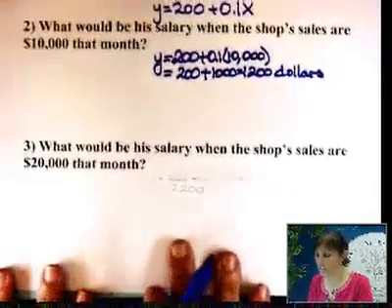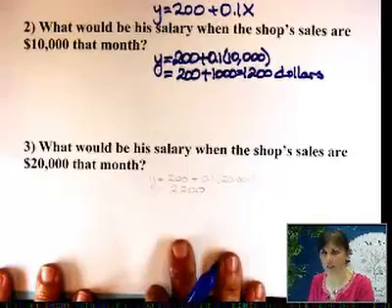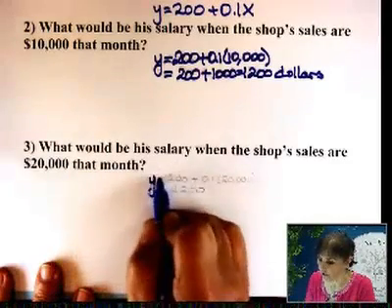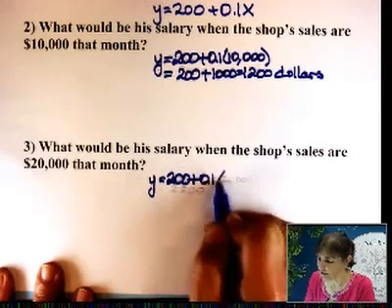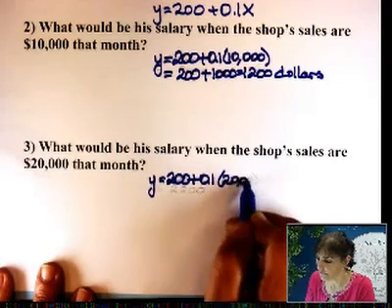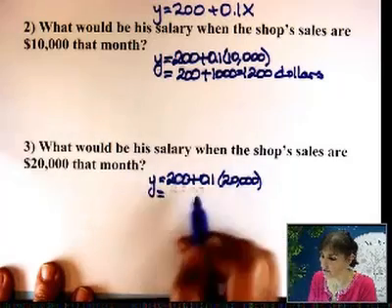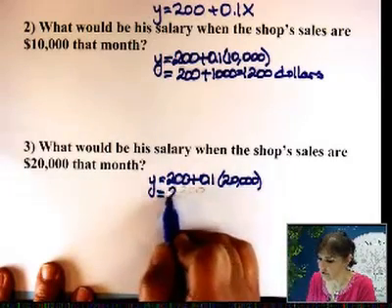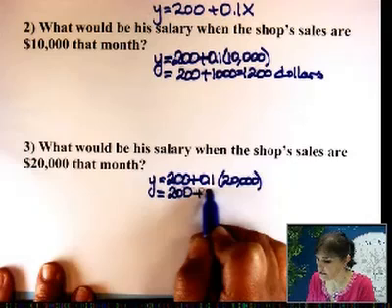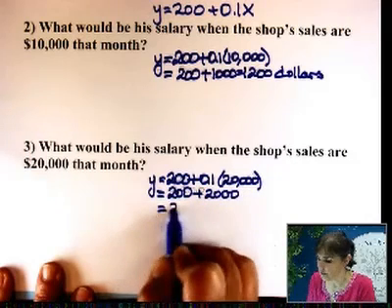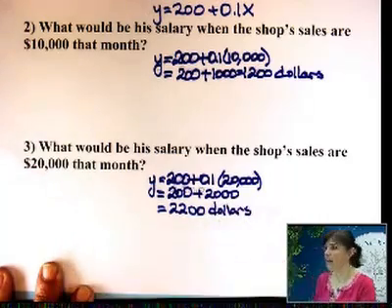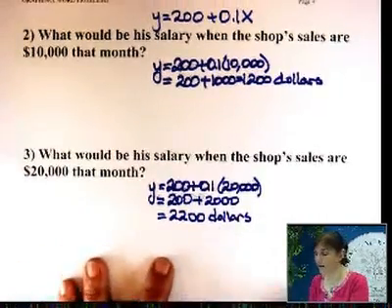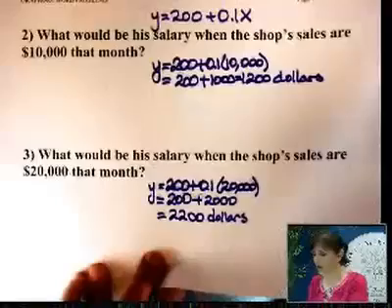What would be his salary when the shop sales are $20,000 that month? Okay. Y equals, he makes 200 no matter what you do, 0.1 times, this time, 20,000. 0.1 times 20,000 is 2,000. So 200 plus 2,000, $2,200. So the more he sells, the more money he makes. Very good. Now, when you look at what all that means graphically,